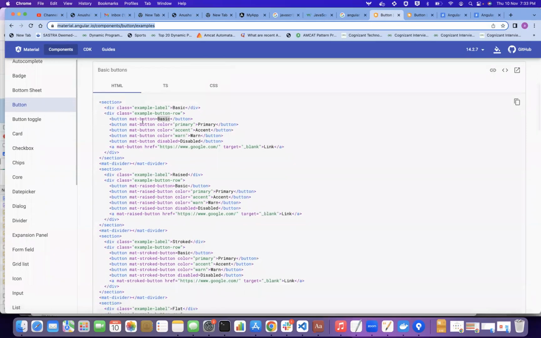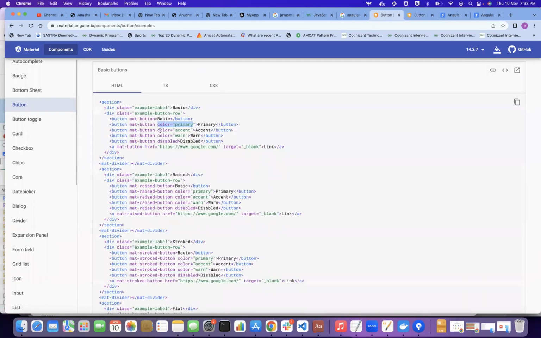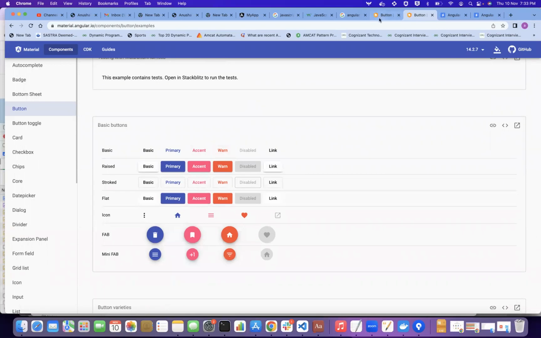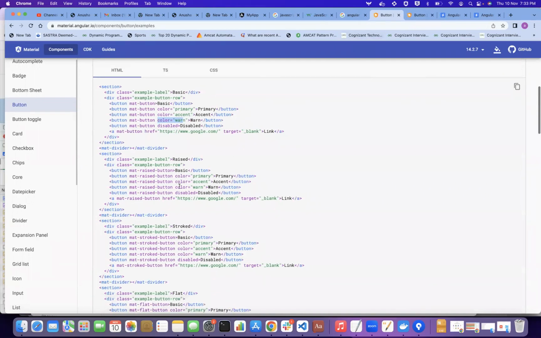Suppose you give mat button and an extra attribute color primary, then your button text will look like this blue color. And if you are giving mat color accent, you need not give any CSS property, but you need to give this extra property in your HTML tag itself, so that you will be able to see this color for your button. For one, you will be giving this extra attribute color. And if you see